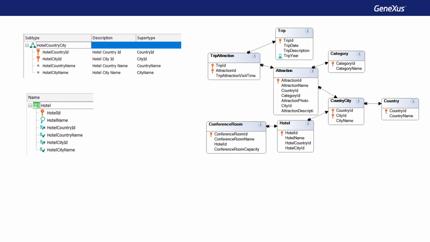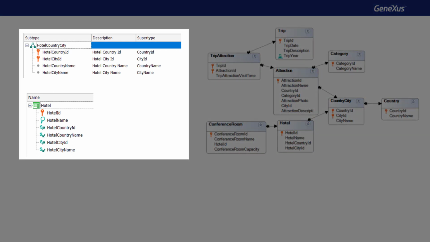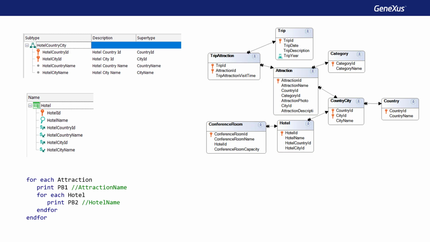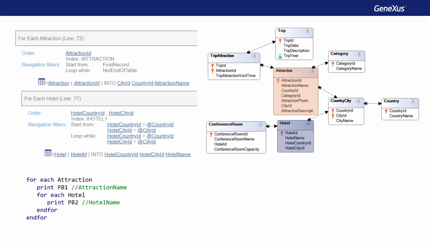In the example we saw, if instead of country ID and city ID in hotel, we place these subtypes, if our nested for each commands are written like this, that is, first the attraction table is run through, and for each one, the hotel table is run through, then Genexus finds the relationship and performs the join.